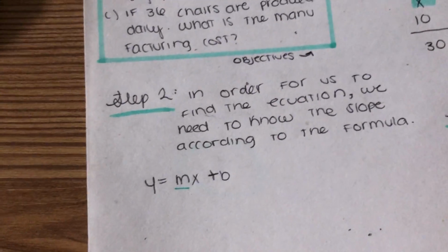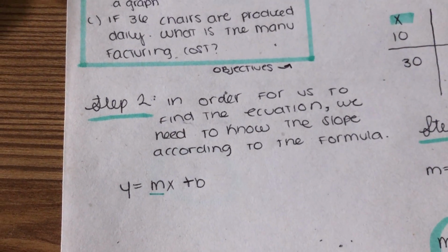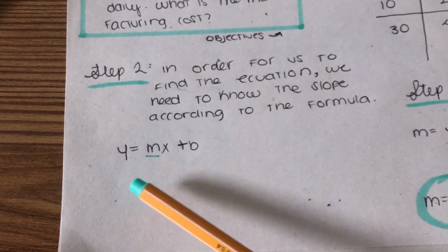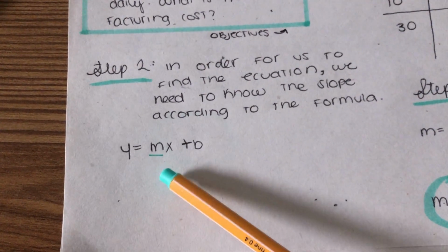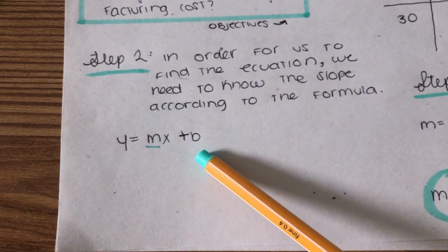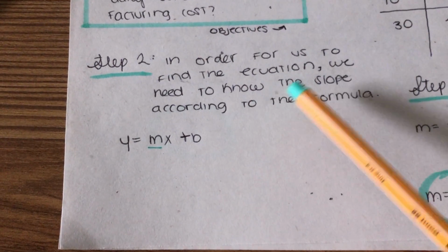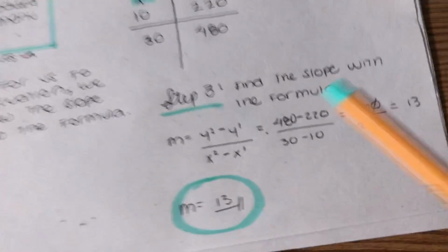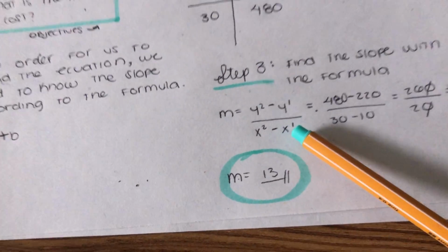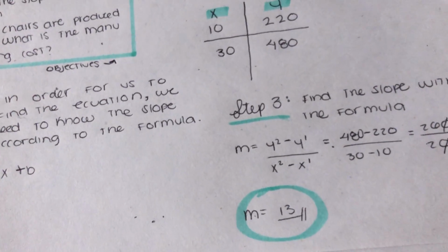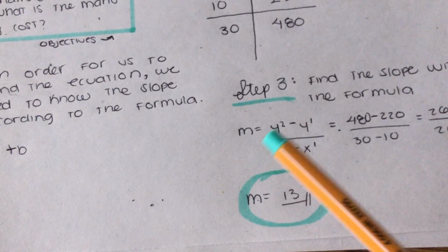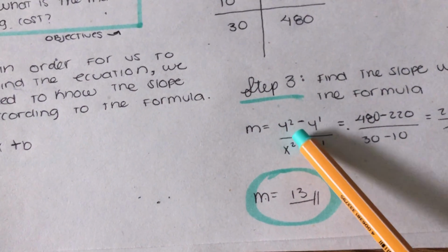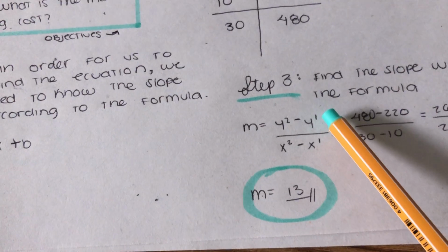Step 2. In order for us to find the equation, we need to know the slope according to the formula. The formula is y equals m times x plus b. To find the slope, we must find m. And using this formula, we found this one. Step 3. Find the slope within the formula. We created this formula, which is m equals y2 minus y1